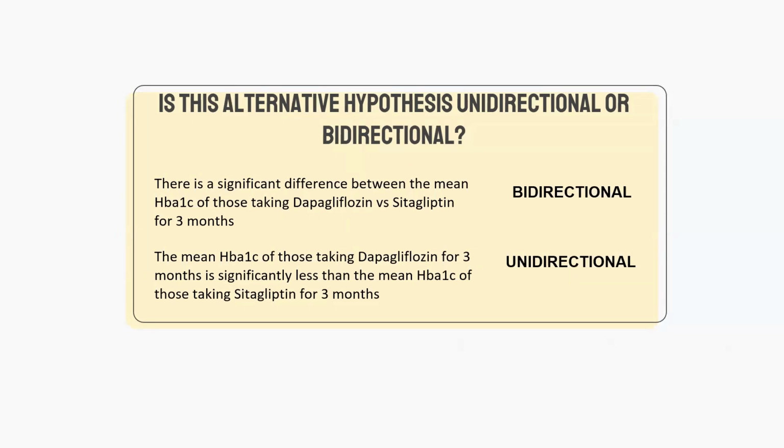When do you use a bidirectional hypothesis and when do you use a unidirectional hypothesis? So it depends on the previous literature, the related literature that you should have done. So if you have a reason to suppose that one is better or one will have a certain effect, greater effect than another, based on the related literature, then you can have unidirectional. But if there is unclear evidence and you don't know which would probably be more effective, then you can go for a bidirectional hypothesis.